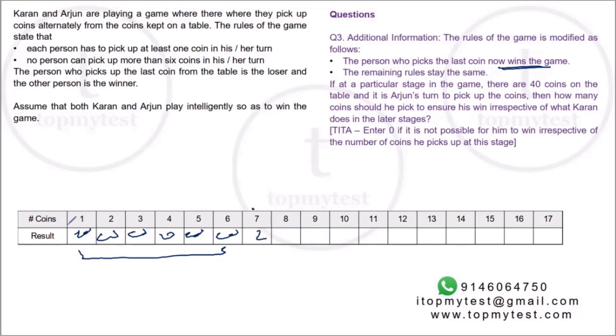8. I cannot reach 0. But what I can do is put my opponent at 7. He will then have to put me back between 1 to 6 and I'll win. So 7 becomes a new 0. Cannot win here. So 9 you will win. 10 you can put him back at 7, 11, 12, 13 you can put him back at 7, 14 you cannot put him back at 7.